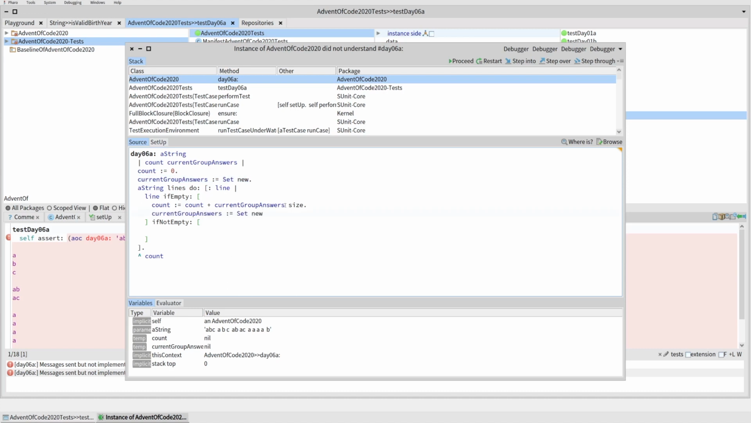So we'll add the current size of it, and we'll set it back to an empty set. If it's not empty, then we want to go through all the characters in here and add them all to the set. So otherwise, we'll go through the line, and what we have here is a character. So we'll take that character and we'll add it to the set. So current group answers, add